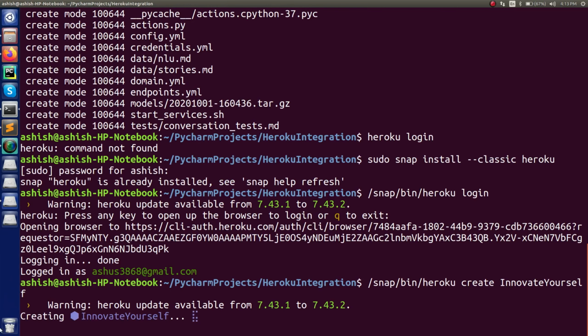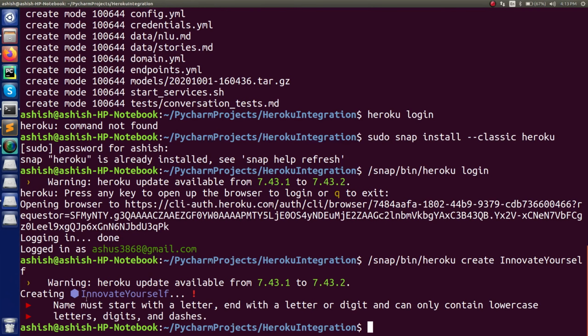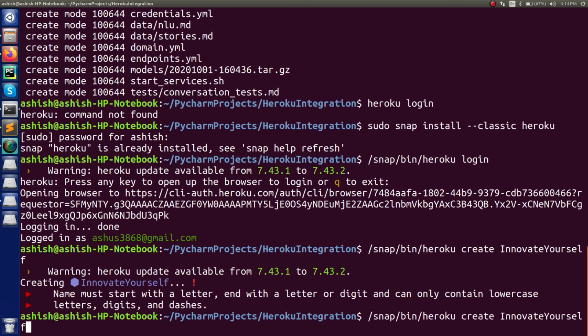So you can see it is creating innovate yourself. So it is creating a repository for you. And one more thing, here you can see it didn't create the repository for me, just because there are conditions that you should follow, and that is, the name must start with a letter, end with a letter or a digit, and can only contain lowercase. But in my case you can see I have written uppercase values as well, so that's why it didn't take the name.